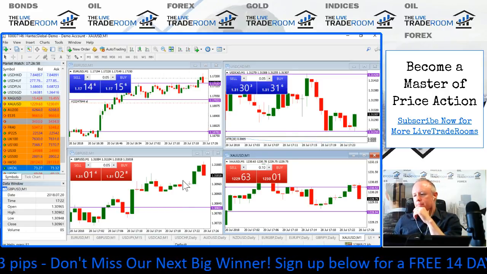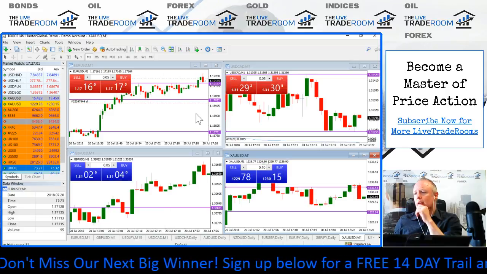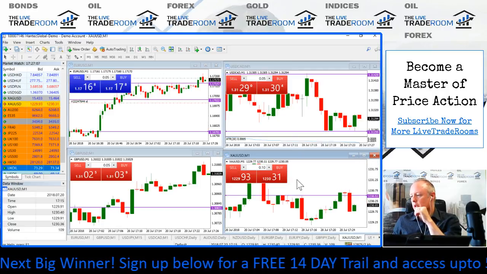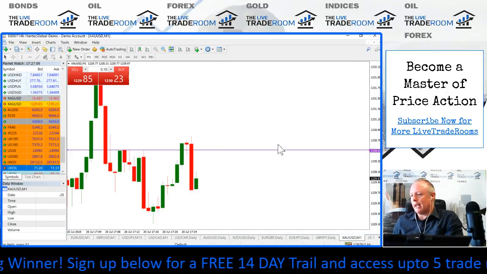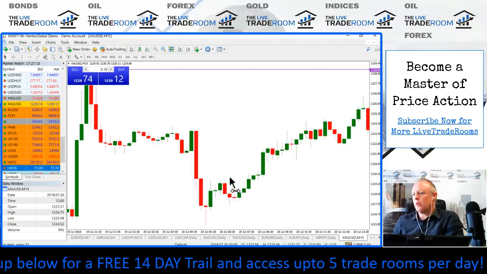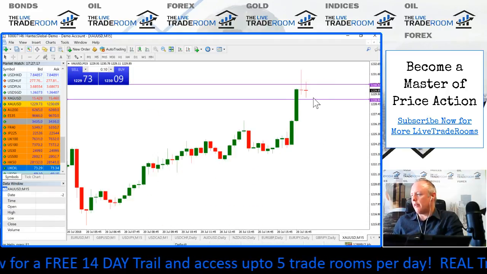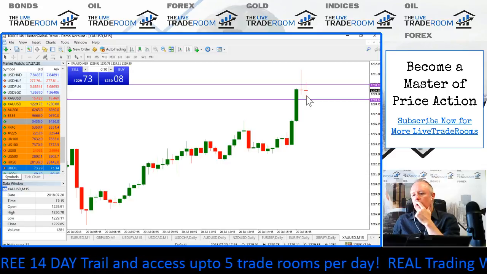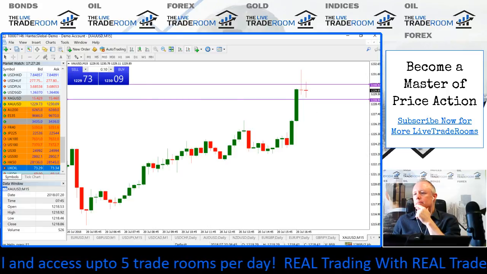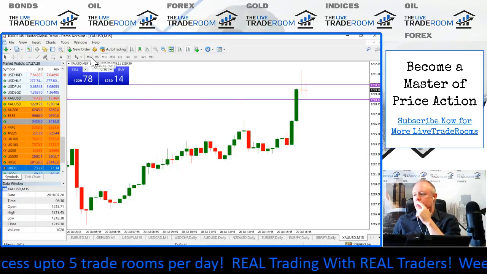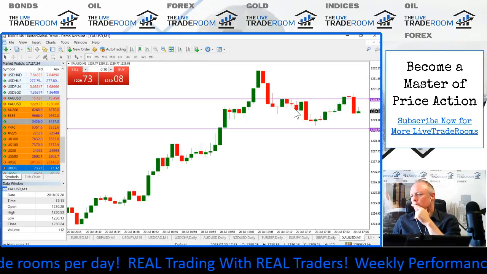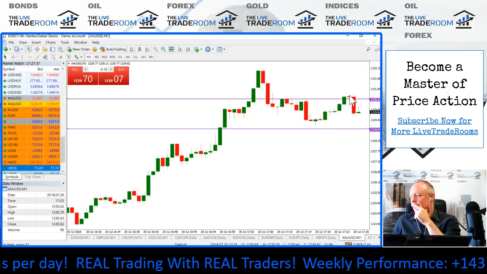So we've had a bit of continuation really to the upside in the pound dollar. We've had the breakout move in the euro dollar, so let's see if we get some continuation. Now look at what's happening here. So we've clearly got the pullback to the level of support, previous level of support, just in here at the 12.28.94. The low is the 12.29.11, so virtually the same level, and the indecision continues really. So what we've had is the pullback to this level. We've had the move back to 12.30.